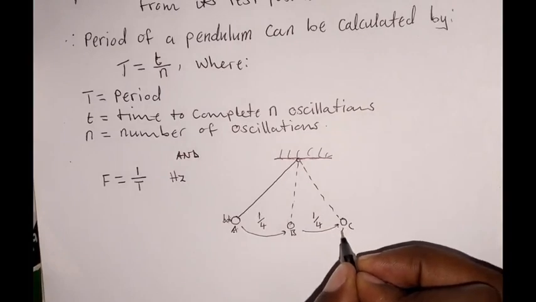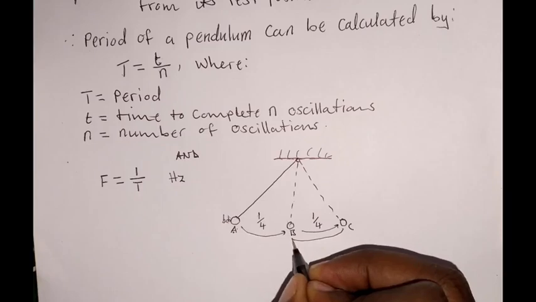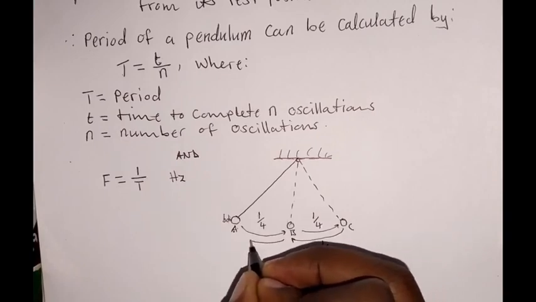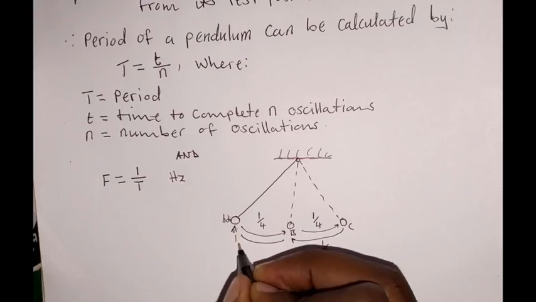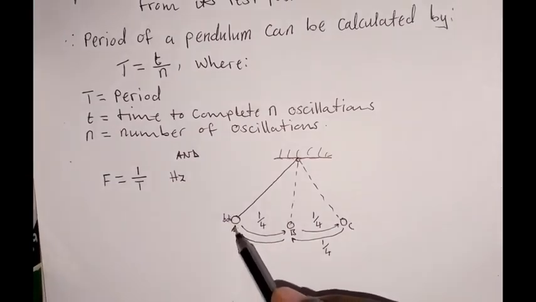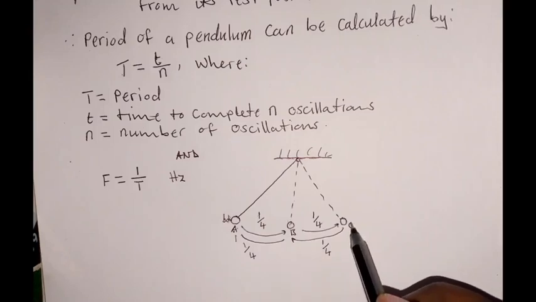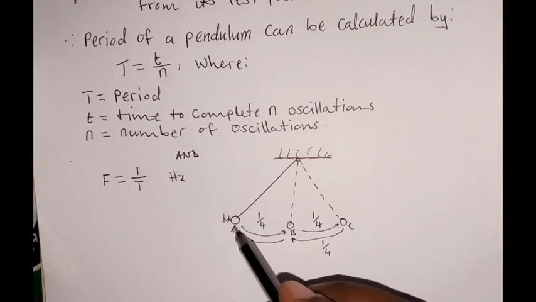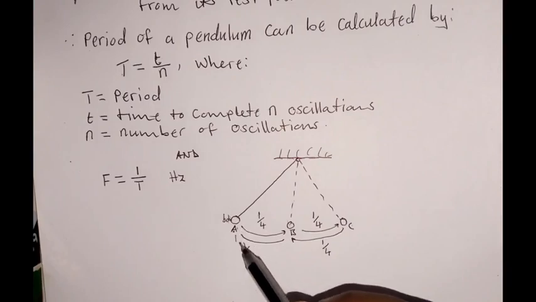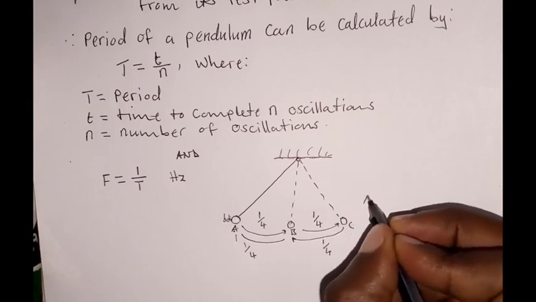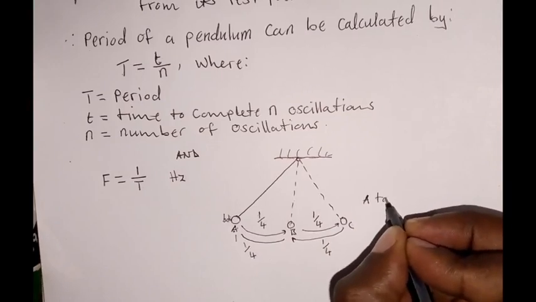When it moves from point C to point B, again it's 1/4. Again, from point B to point A, it is 1/4. So when a bulb moves from point A to point C, this is half. Then when it moves from point C to point A, it will give you 1. So when you want to determine the number of swings the bulb makes from point A to point C,